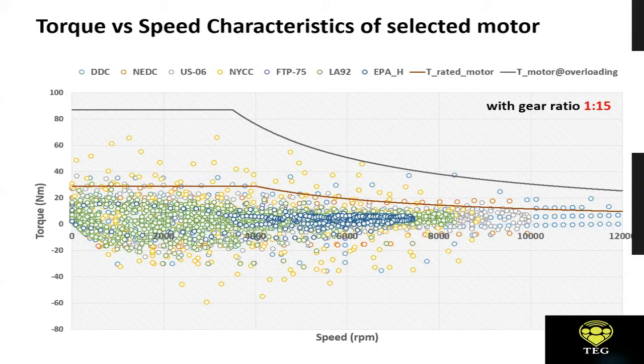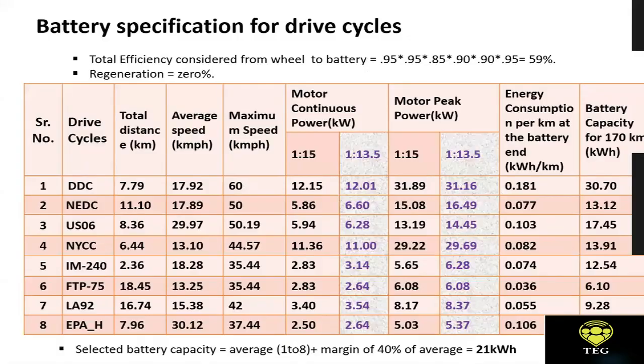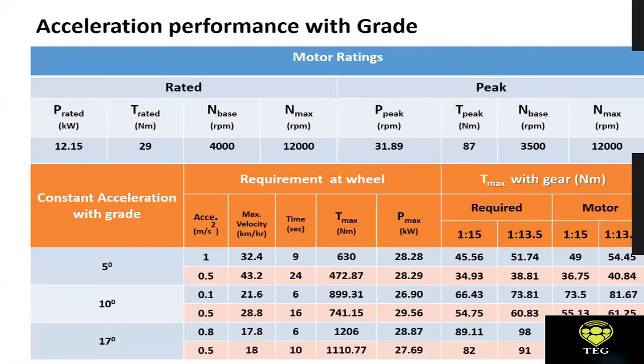Clear? So for that, we have to go back to the analysis and look into the maximum speeds of the wheel that the machine would encounter. If we go back to the analysis and take the gear ratio, the speed would go up to 12,000 rpm. That is the maximum speed that the motor will operate at for a gear ratio of 1 is to 15, to ensure that the vehicle drives up to 50 kilometers per hour.